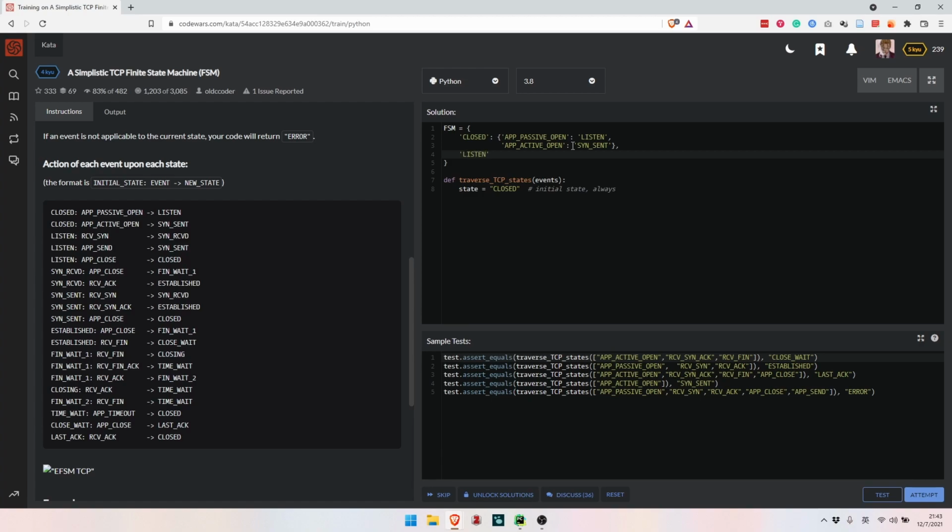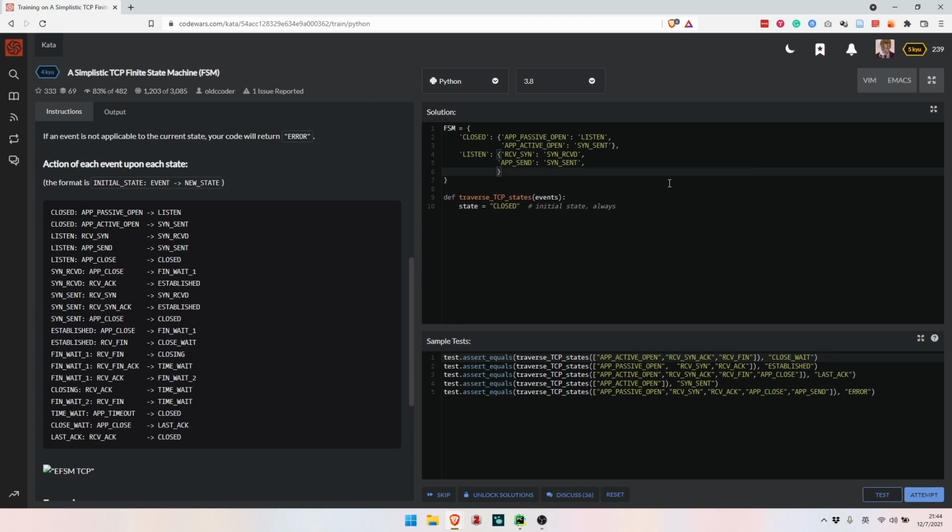For the second state, when we receive SYN, the state should become SYN received. And when there's an event of app send, the state should become SYN sent.